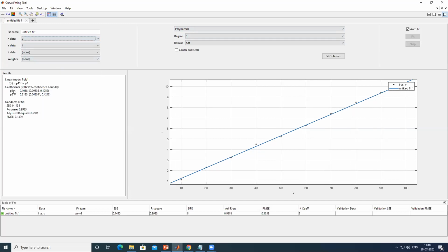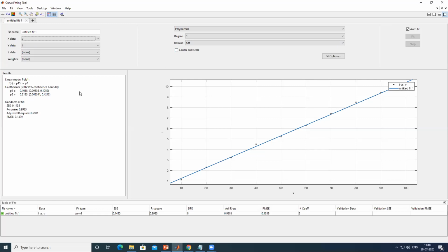The relation will become V by R, so I have to find 1 by R. It says that if I use a physical model where I equals P1 into voltage plus P2, some constant or offset, then what will be the coefficient values of P1 and P2?